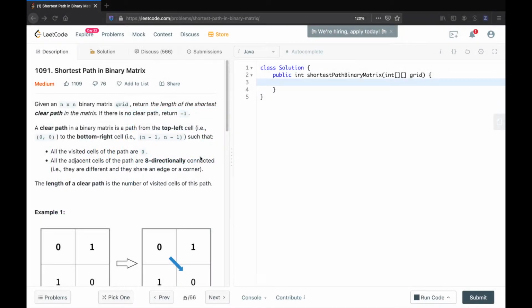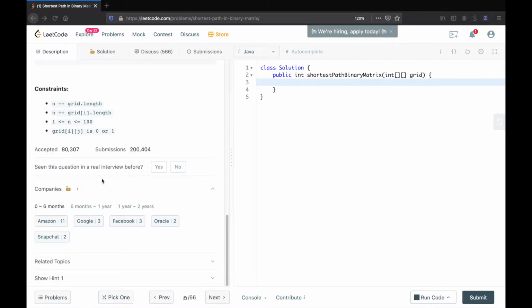What is going on, everybody? It's your boy Average Leader here with another video, and today we're tackling number 1091, shortest path in binary matrix. This question is commonly asked by Amazon, Google, Facebook, Oracle, Snapchat, and this question was also requested to me by